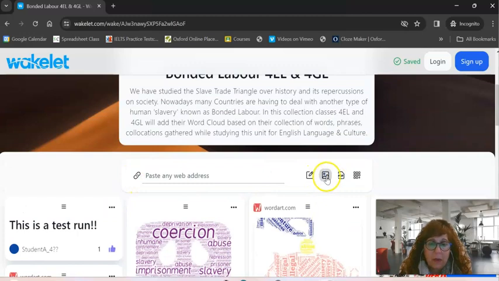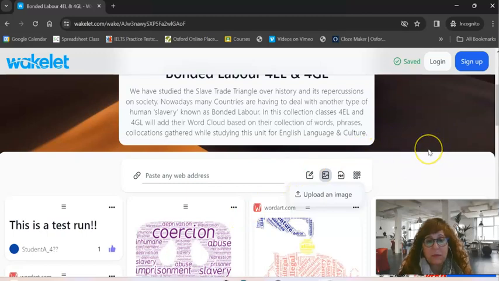Okay, now what you need to do is add your WordArt. So what you need to do is click on add an image, upload an image. So you can upload an image or you can paste a web address. So if you have an account on WordArt and you have your work saved on WordArt, you can just paste the web address here. That's all there is to it. Very easy. And when you're done, all you have to do is close the page, go back to classroom, write done, and that's it. And I'll see you in